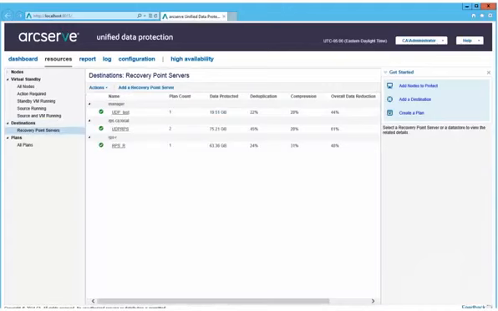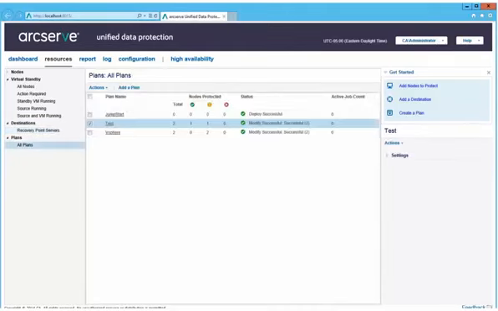Here is where you can view all of the RPS servers that have been configured. So you'll notice that we have 3 of them. Each of them, it tells you the amount of data that's being protected, the plans that have been associated with those RPS servers, the data deduplication, compression, and overall data reduction percentage. And finally, you can view all of the plans. You can see here that we have 3 plans, and you can view all of the relevant information in regards